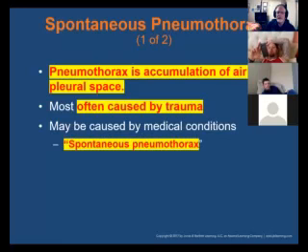That doesn't mean that other folks can't have this, but predominantly that's what we see. And following, like, a week or two after a blow to the chest or possibly a respiratory infection, this person will